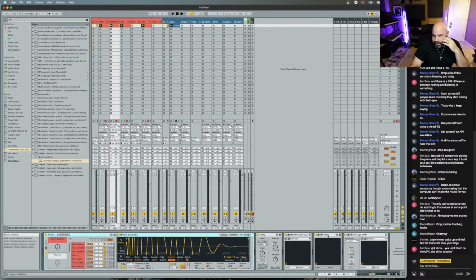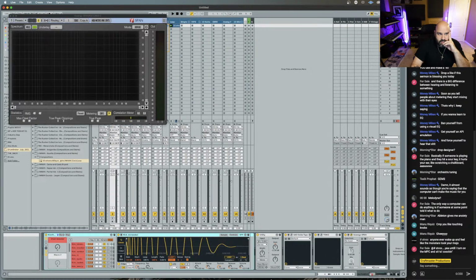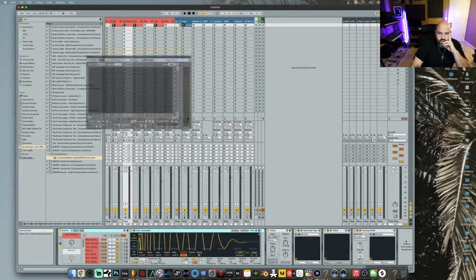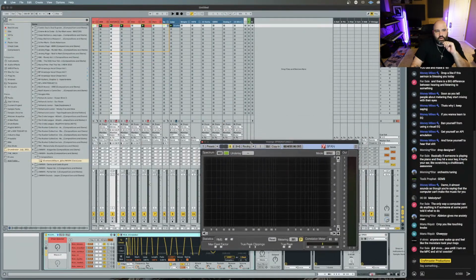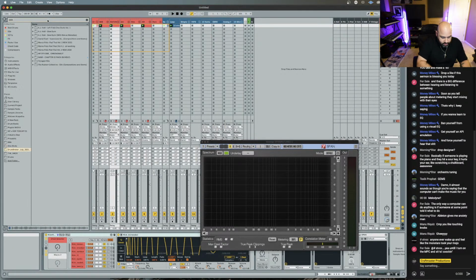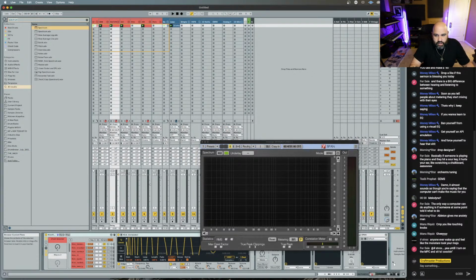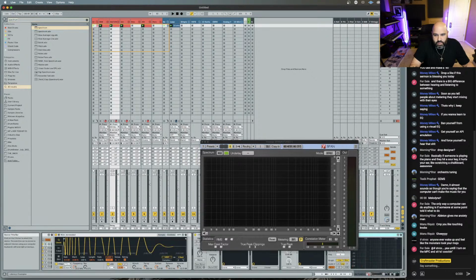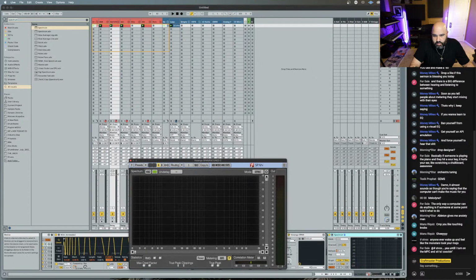Now, if you look at my template, a couple of things are going on here. This is my old favorite. I used to have this in my old Ableton templates. If you don't have this plugin, this is free, and it's a better version of what Ableton gives you. Ableton gives you this plugin called Spectrum, and it's a spectrum analyzer.